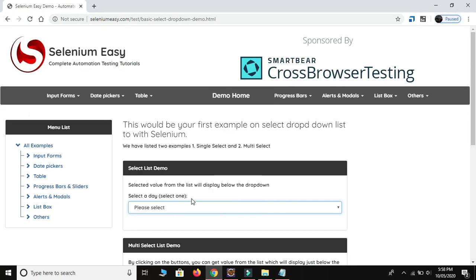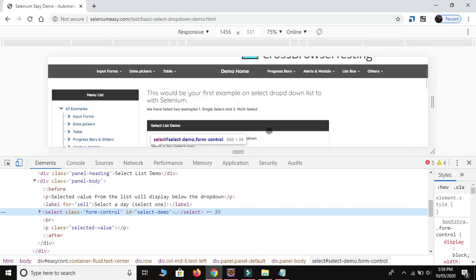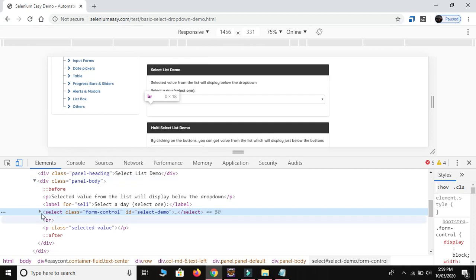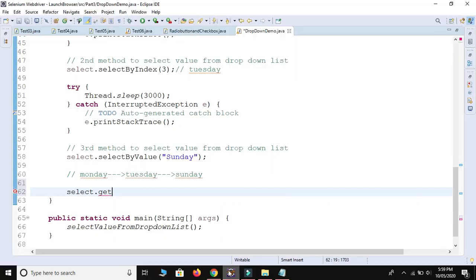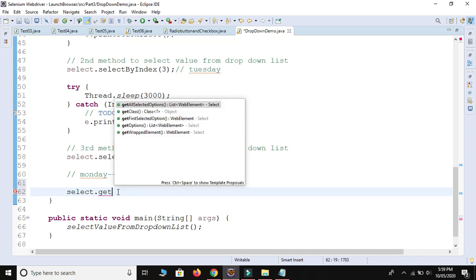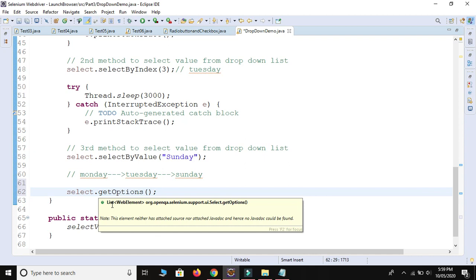All the values, all the options come under the option tag. Let me show you. When you explore this, you are able to see the value comes under the option tag. So if you want to take all the values from the drop down list, you need to take help from the getOptions method, and getOptions method will return a list of type WebElement.